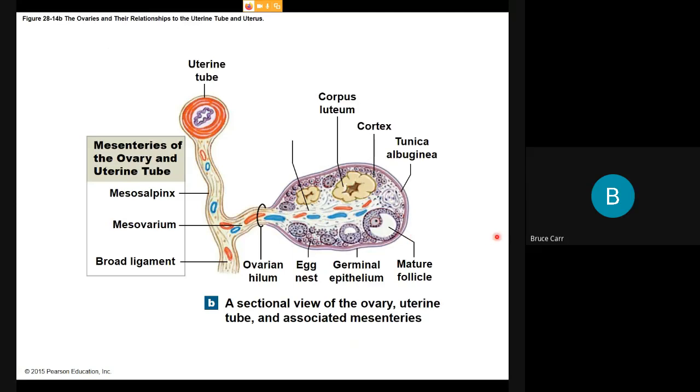Now, the egg's going to go on its path, but what's happening here is that this supporting tissue that remains behind is going to dry up and shrink. This is called the corpus luteum. And we mention it because it does dry and shrink and shows the position of a previous ovulation. But it also is continuing in a function by producing some